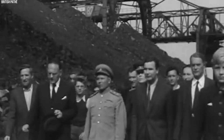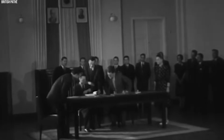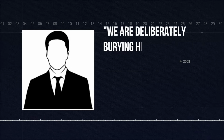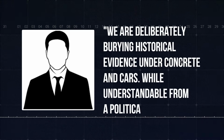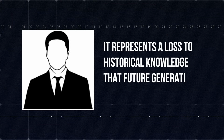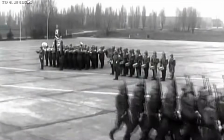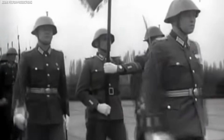Historians and archaeologists documented their concerns about this approach. Dr. Heinz Müller-Blattau of the Berlin Archaeological Society noted, "We are deliberately burying historical evidence under concrete and cars. While understandable from a political perspective, it represents a loss to historical knowledge that future generations may regret." Others argued that Germany's confrontation with its Nazi past was better served by the absence of physical relics that might